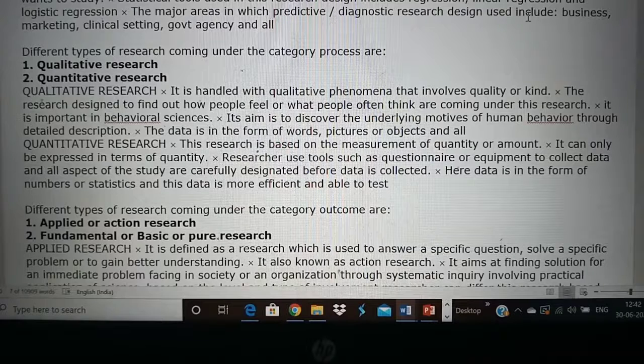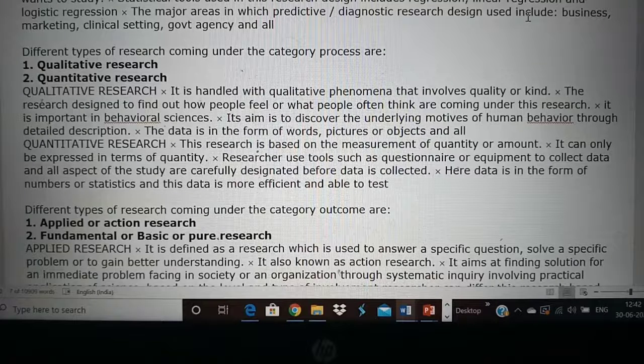In qualitative research, the data is in the form of words or pictures or objects. For example, you sit in a village and have a focus group discussion with a group of village people. Then you find out where the well is. The well is one place. Then where are the different houses? So you can draw a diagram. That is one of the methods of data collection. So you have a picture instead of numbers.